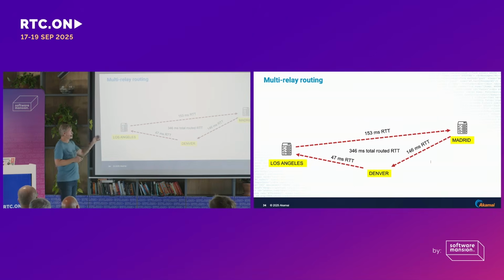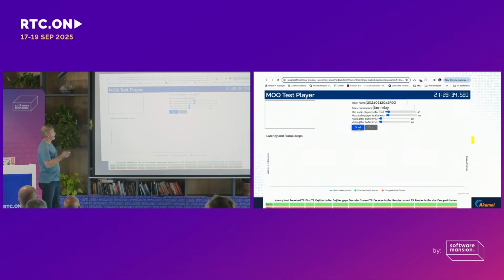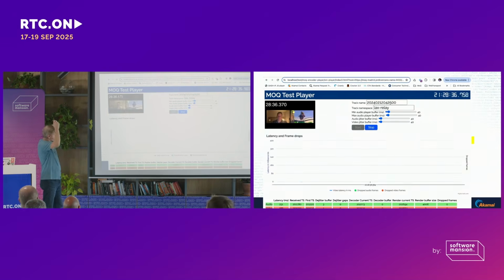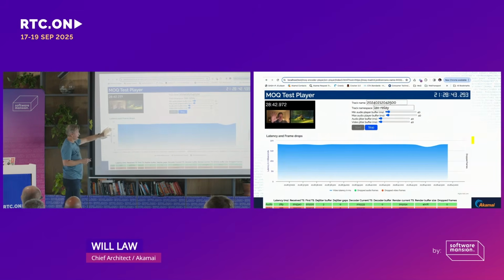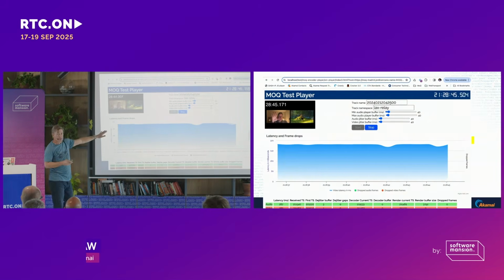Obviously, half of that is my one-way packet transmission. And I wouldn't obviously go in a circle like this in the real world, but if I want to go from Australia to Europe, yes, I would be running through multiple relays. Again, running in Chrome, simple test player. So I'm just publishing this time code there. This is tracing out the latency that we have. And it's equivalent to what you would get with WebRTC.